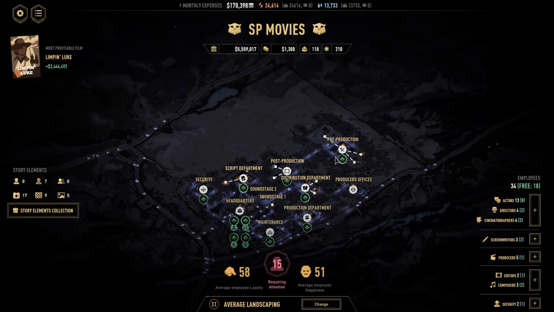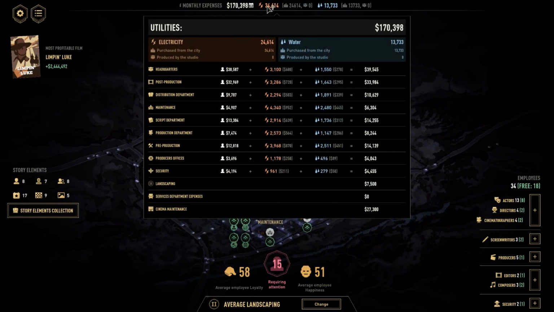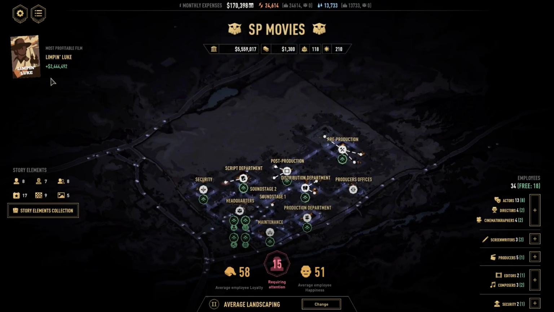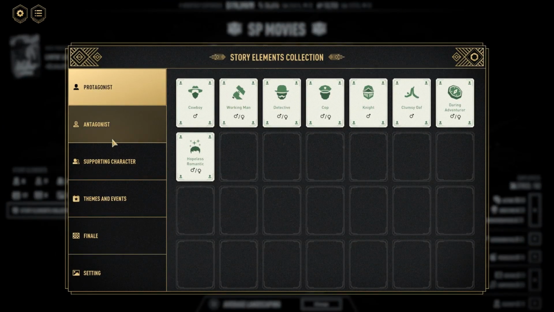And I don't think I've shown you guys this. I did it kind of flashingly once before, but I think this might be of interest to you. When you zoom out, and at one point you'll see it tells you that you can do that, you can get an overall view of your movie lot as well as the bank information, how much power you're using, how much water you're using, and the expenses related to that, our most profitable film, some of our story elements, and we can even take a look at our element collection here,